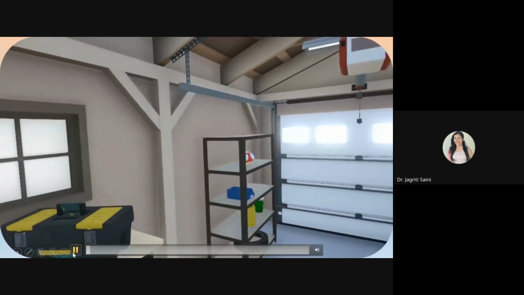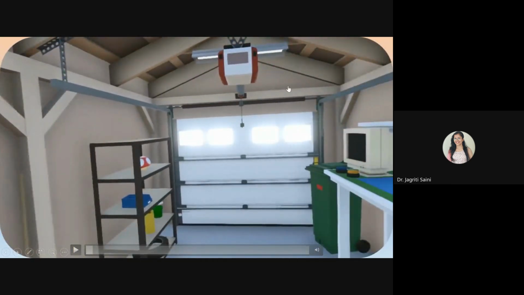So here we can have one example of such training. This is creating a virtual laboratory environment for the students, and even while sitting in their classroom they can enter into the laboratory by wearing this VR headset, and they can use components out there. These laboratories can be created as per the specifications required by the institution itself. Whatever components they need inside the laboratory, everything can be customized as per the requirement. So this is just one example where students are able to interact in the laboratory setting, even while sitting at their home, maybe, or within a specific classroom. But still, they can engage in this laboratory.